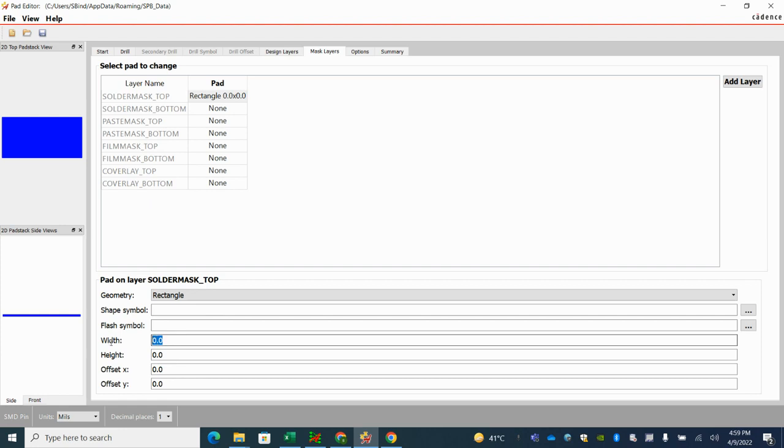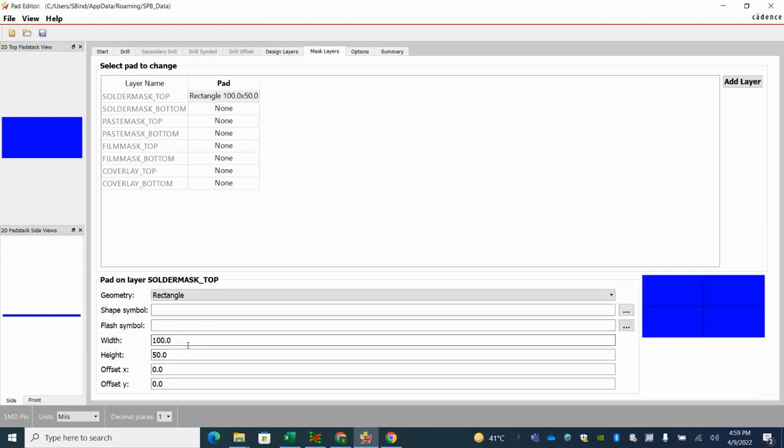solder mask top. Usually we keep a few mils extra. You can keep the same, that means 100 mils and 50 mils also. Or if you have any standard, you can increase, like 4 mils or 5 mils. Usually we keep 4 mils. That is quite close to 0.1 mm. That is 4 mils. Okay, so this is how you can create